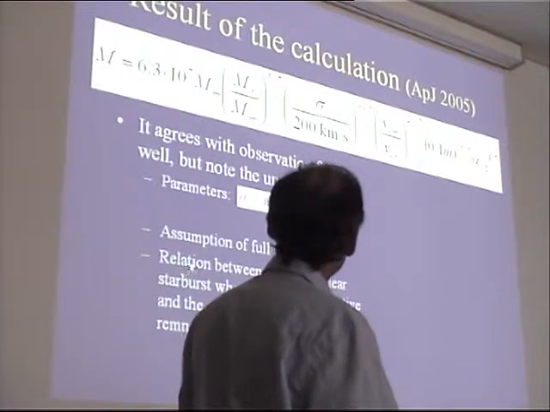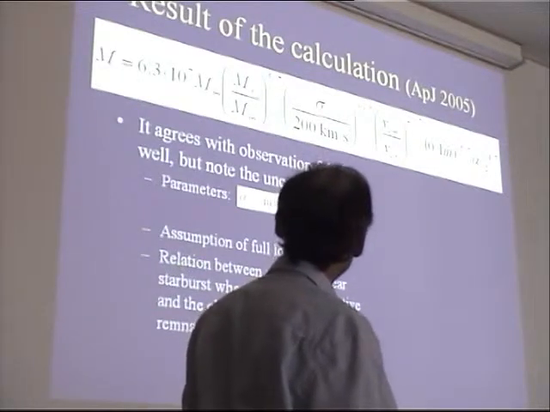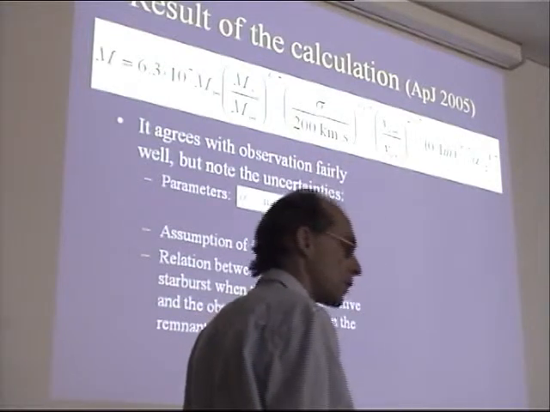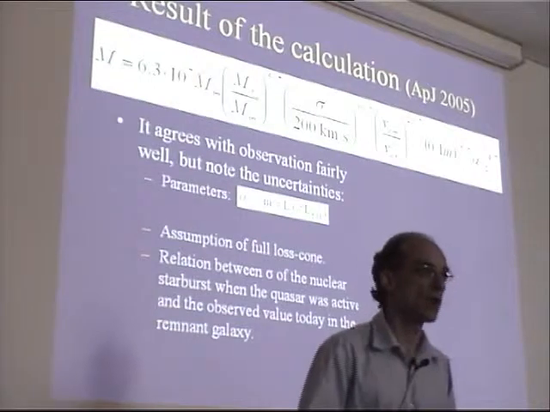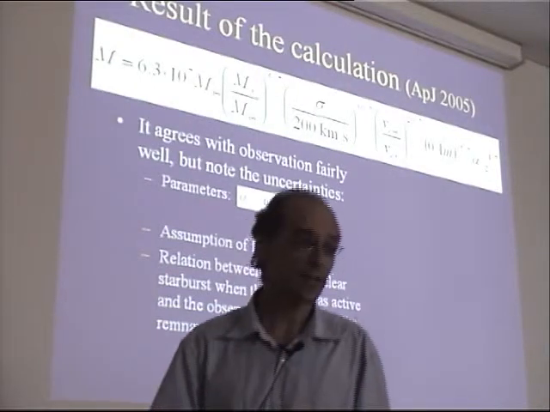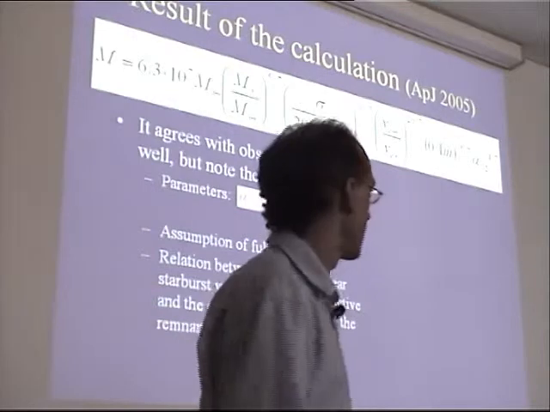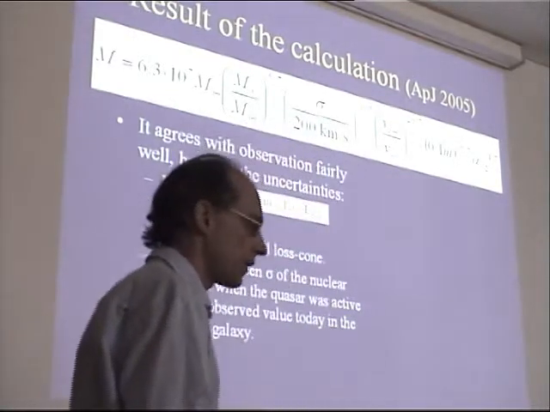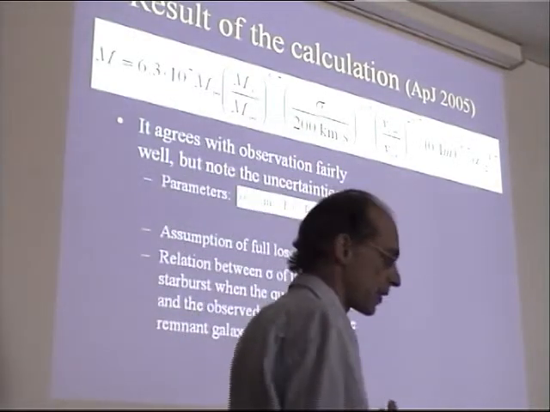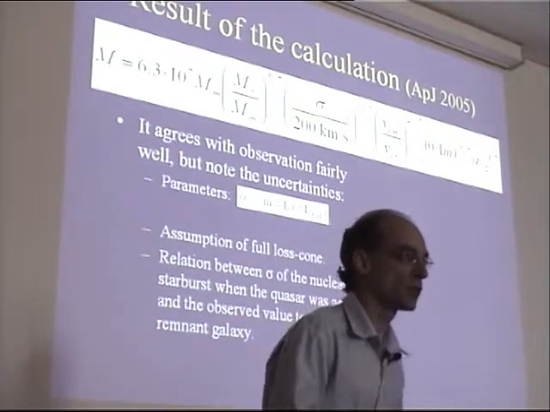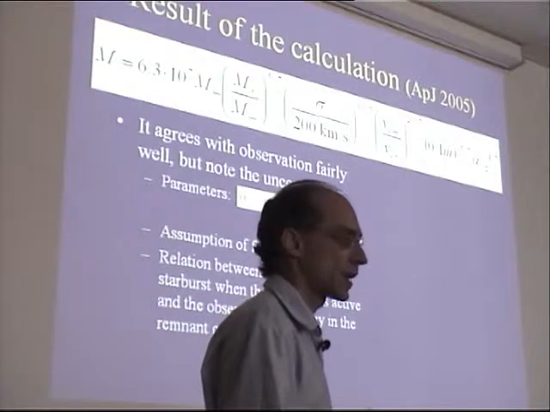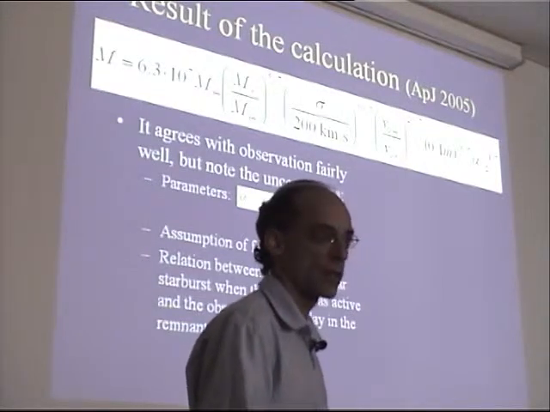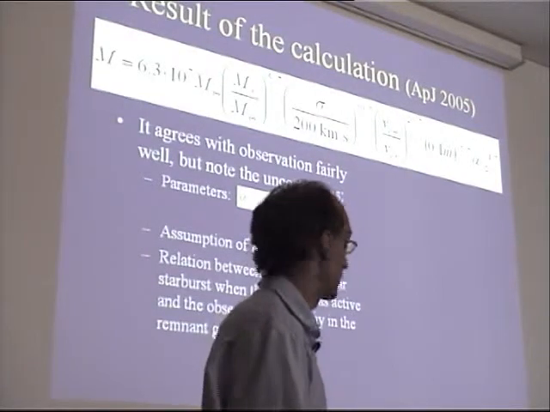Then also we have derived here this M-sigma relationship, but the velocity dispersion should be, in this model, the velocity dispersion of the stellar cluster within the zone of influence that's very small, 5 parsecs or so, at the time the quasar is active. And of course the observed M-sigma relationship is something different. We relate the mass of the remnant black hole that we observe when the quasar is dead with the velocity dispersion of the stellar system that is left a long time after the quasar has died.